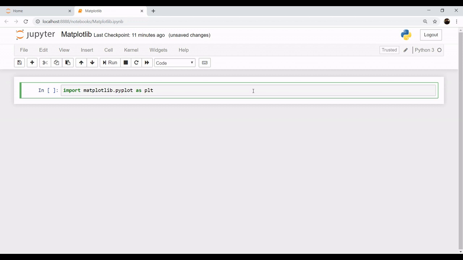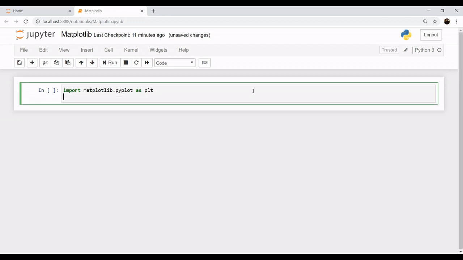Each of these pyplot functions makes some changes to your figure or your plot, such as creating your figure or creating your plotting area, and so on. Another thing which this should be accompanied with is a magic function which we refer to as